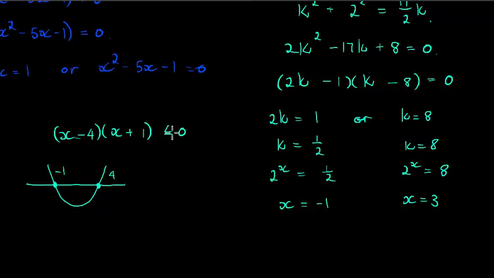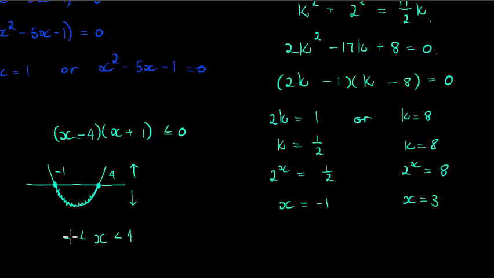Now my graph is saying I'm using everything less than 0. So less than 0 is the graph below the ground, and greater than 0 is the graph above the ground. We see that the graph below the ground is this part of the graph. It's the graph in between -1 and 4, and that's why I say x is in between